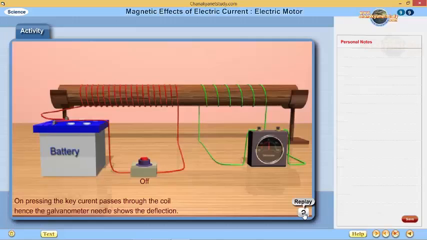When the key is unplugged, the current stops flowing. Hence, there is potential difference for a very short time. Hence, the galvanometer shows deflection for very short time in the opposite direction as related to the part 1 of the experiment, and the pointer returns to 0.